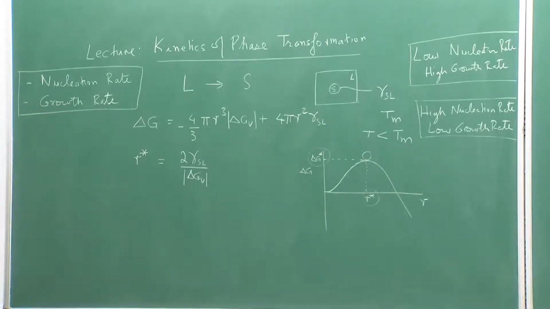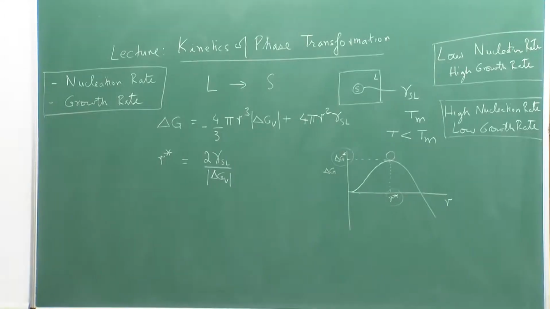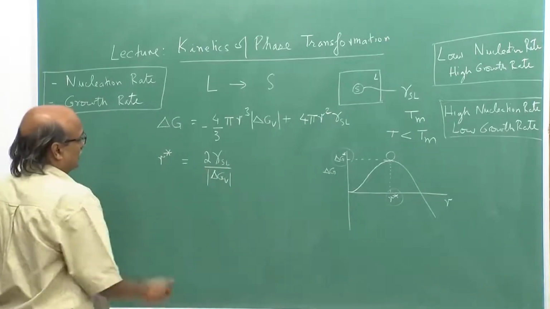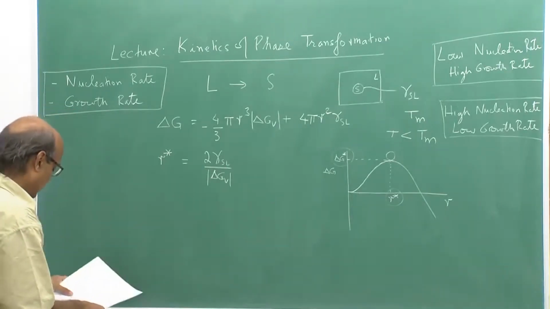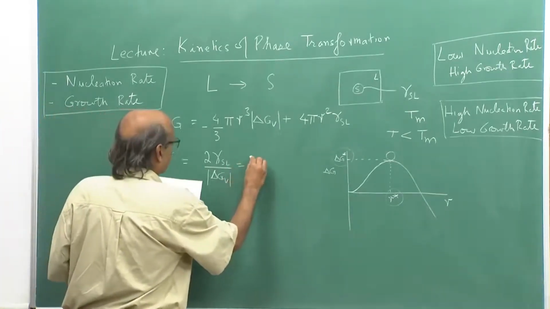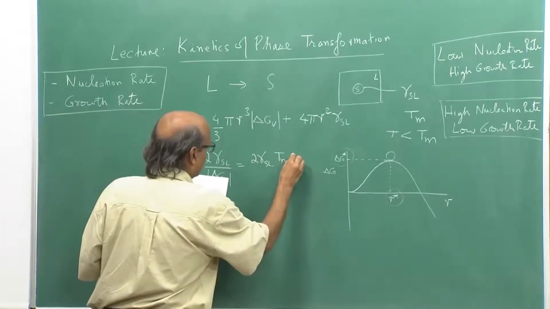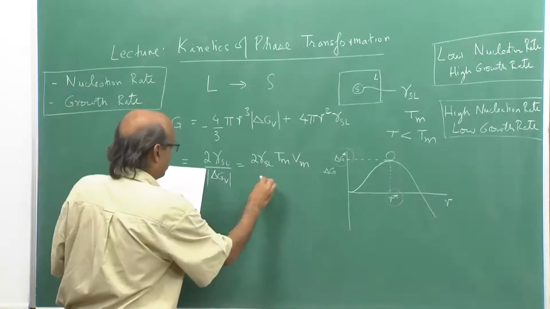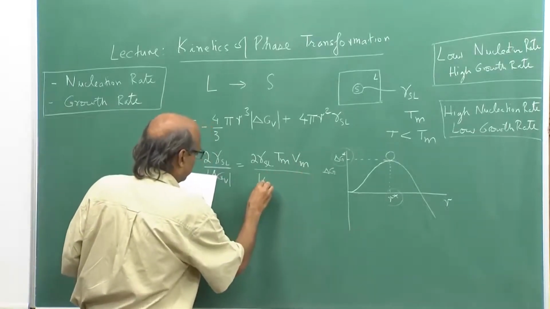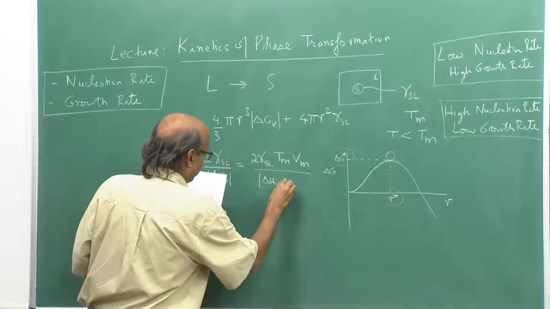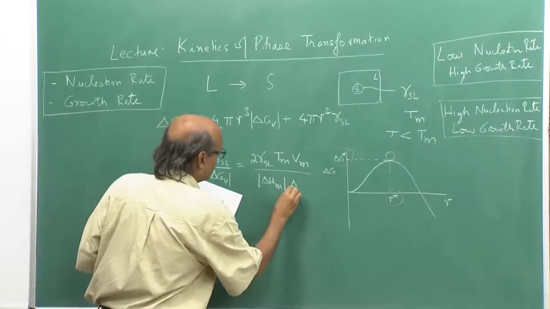R star, which is equal to 2 gamma SL upon delta GV, can also be written as 2 gamma SL Tm Vm upon delta Hm times delta T,